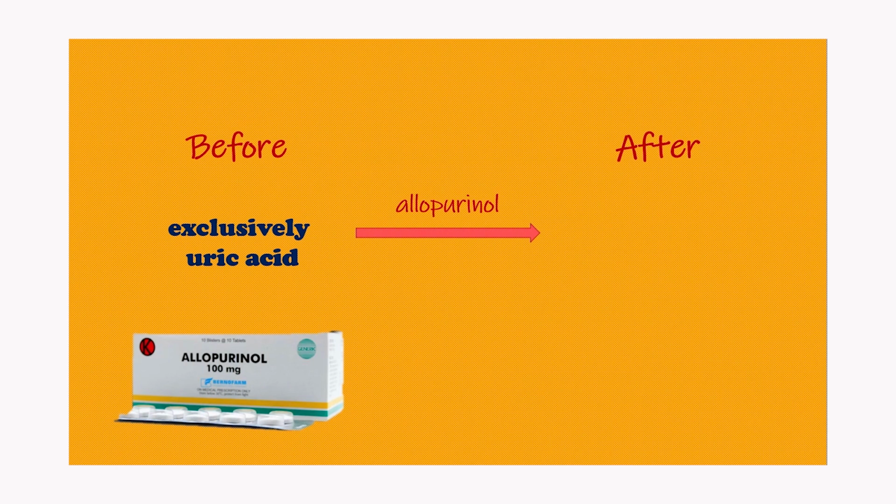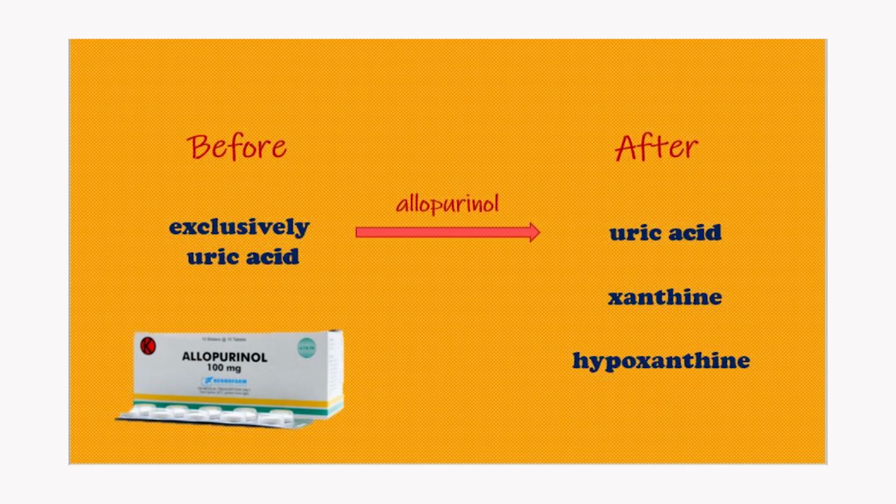In addition, normal urinary purine output is almost exclusively uric acid, but after treatment with allopurinol, it is composed of uric acid, xanthine, and hypoxanthine, each having independent solubility. Thus, the risk of crystalluria is reduced. Alkalinization of the urine increases the solubility of the purines, further minimizing the risk of crystalluria. Decreased tubular transport of uric acid also results in increased renal reabsorption of calcium and decreased calcium excretion.